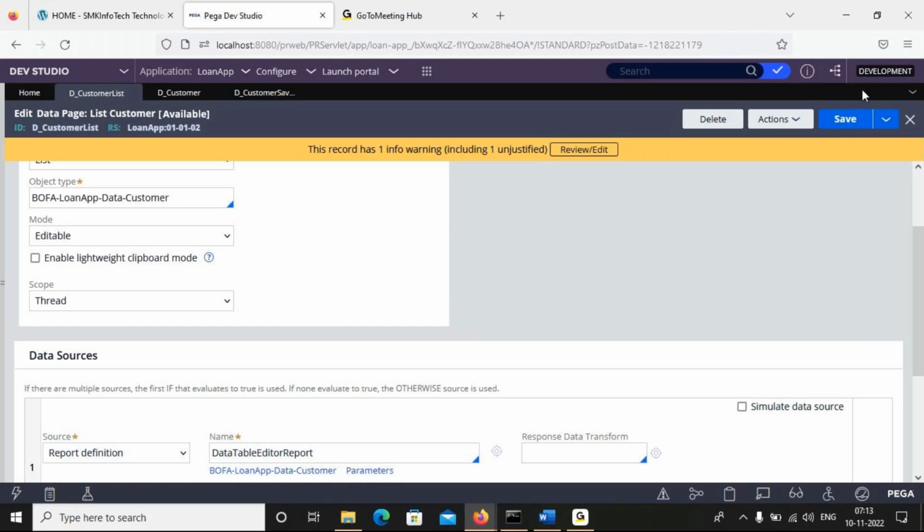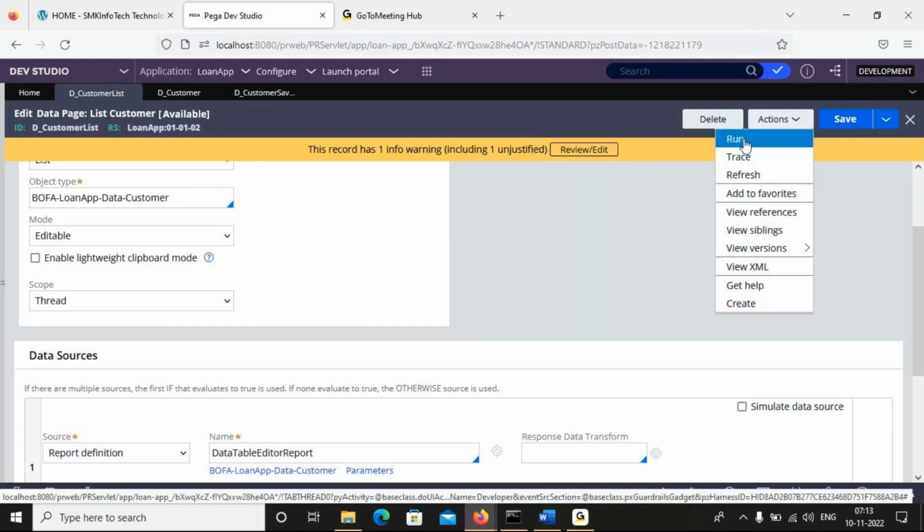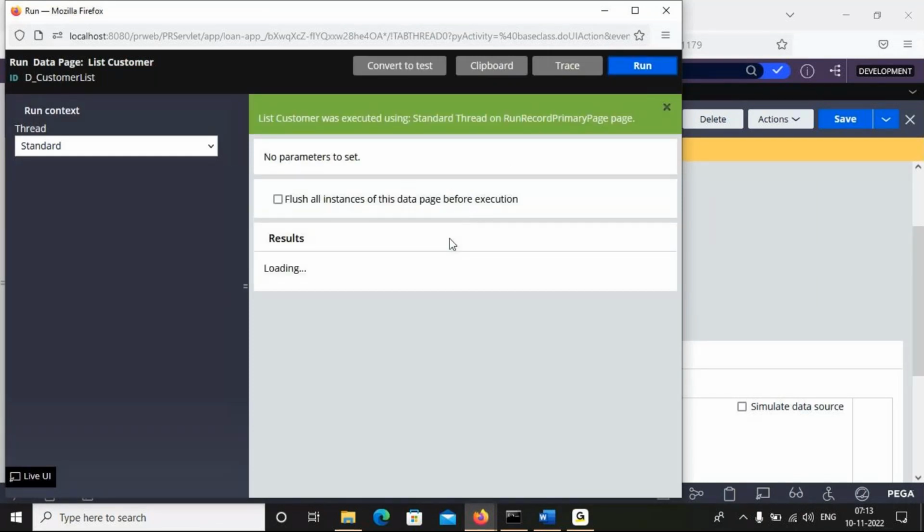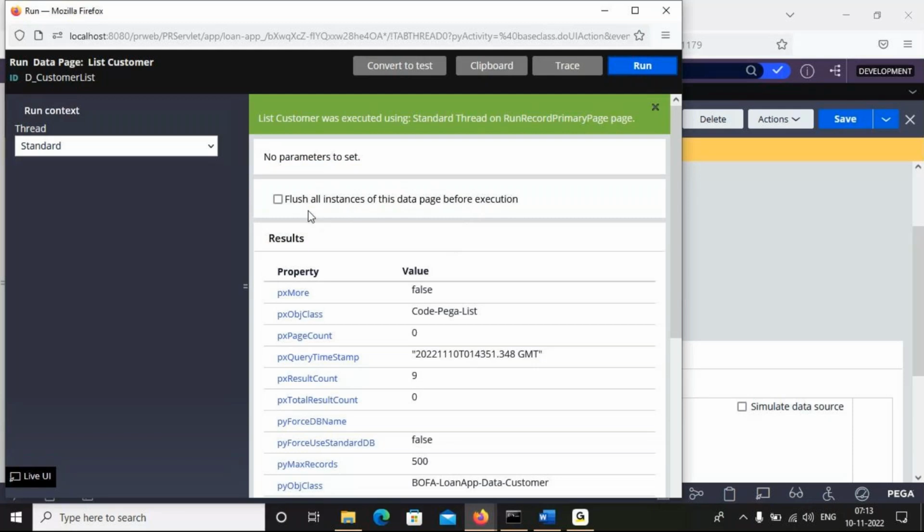Now action, run this. We can run the rule manually directly, otherwise we can schedule. Run this. If you want to delete all the pages from the clipboard before execution, you need to select the checkbox. Then it will flush everything. Now go for clipboard.